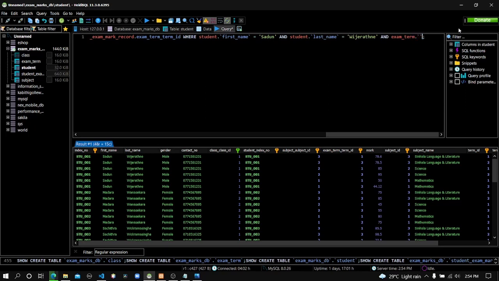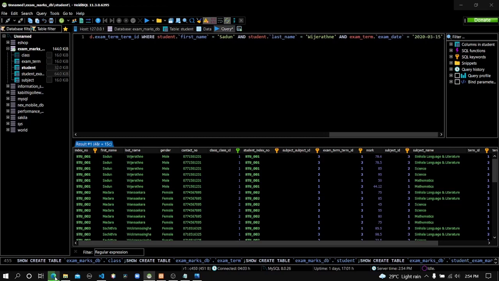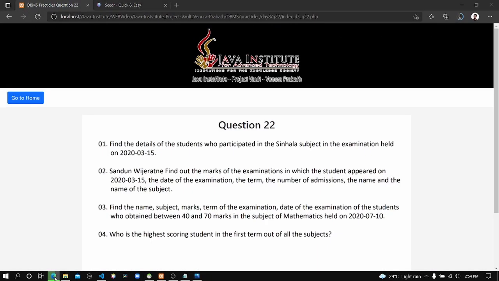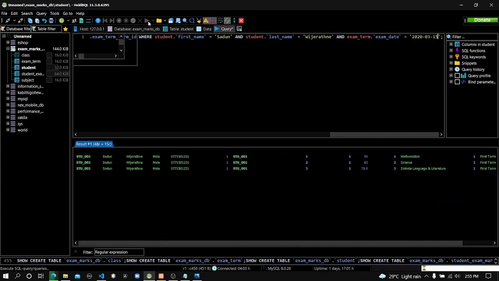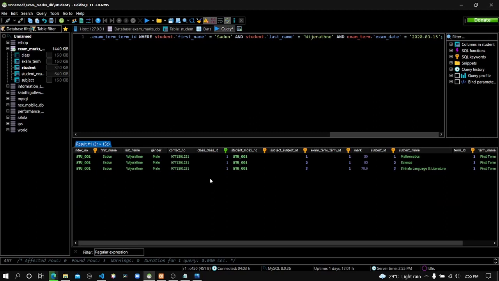Equal to, here's the value 2020 3rd 15. Let's confirm that, yes, 2020 3rd 15, and let's execute this query. You can see these are the three subjects which is faced by the student whose name is Sandun Vijayaratna,